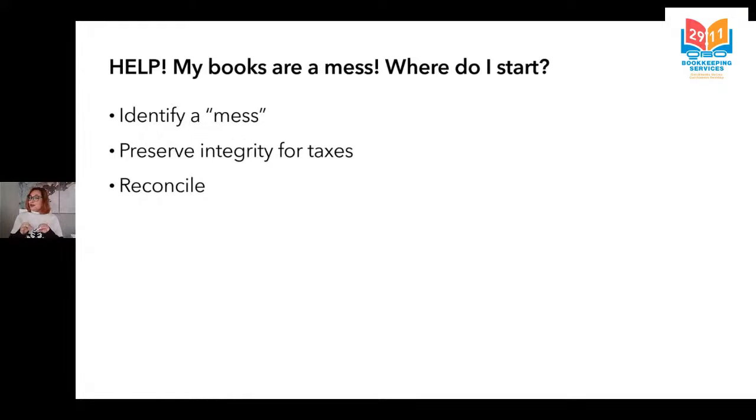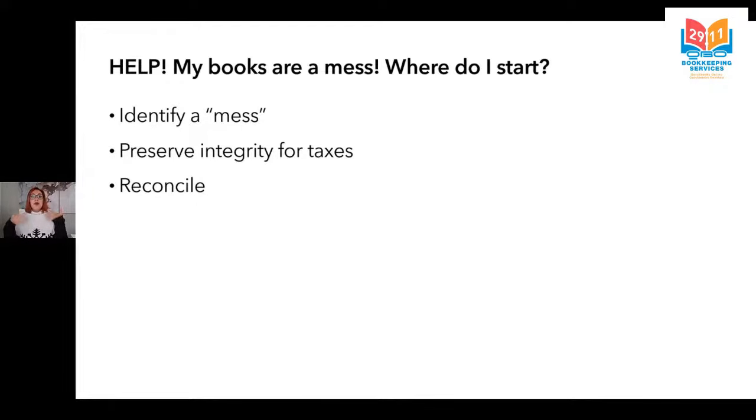So, your bank and credit card statements will be your source of truth as you work. And we're going to keep going back to that point. And also very important, not only will you be reconciling QuickBooks to your bank statement, but you're also reconciling the bank or credit card statement back to QuickBooks.